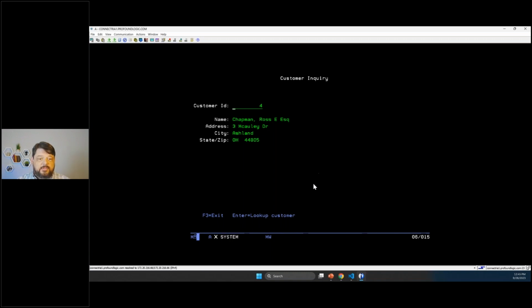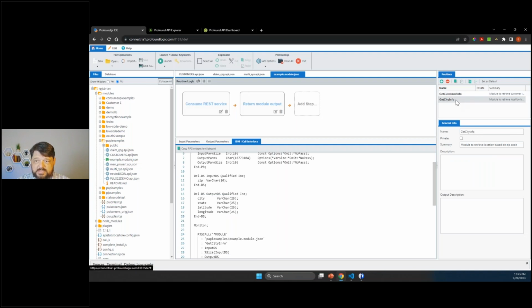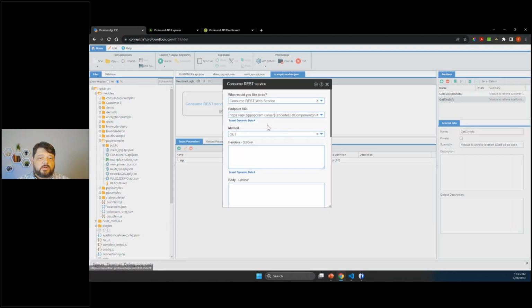The other example I have here is this Get City Info, and this particular one is taking in a zip code and calling an external web service called Zippopotamus. I use it for examples all the time. Basically, you give it a zip code and it tells you all kinds of different information about that zip code.